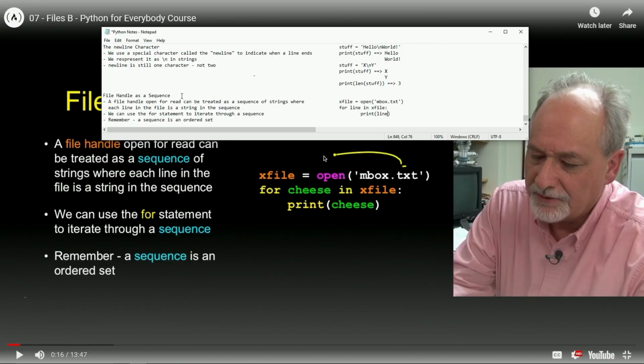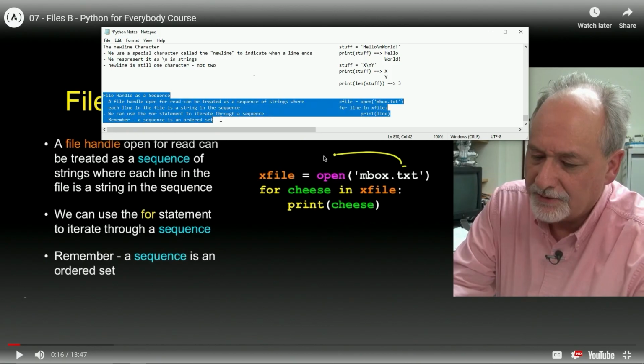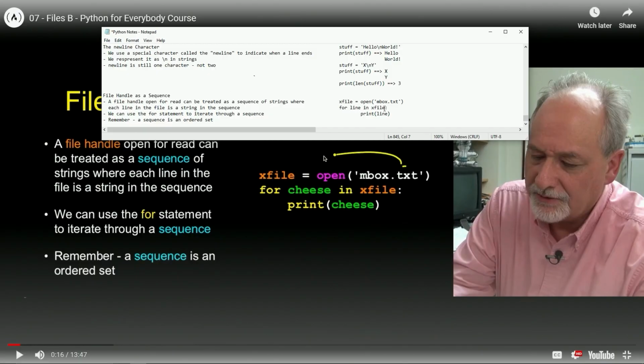We would print this thing like this. Let's act like this isn't going to get highlighted. If this is the file that's open, and we say for line in X file, this would get printed. We would say print line. So this would be printed on the first line. Then we would go to the next line because it iterates. It's going to go through this first, and then this line, and then this line, and then this line, and it'll print them all in order.